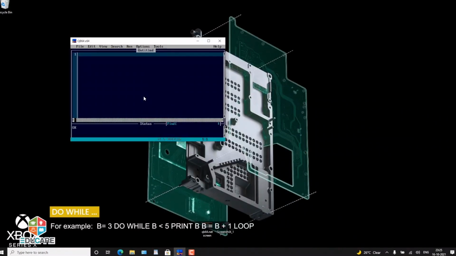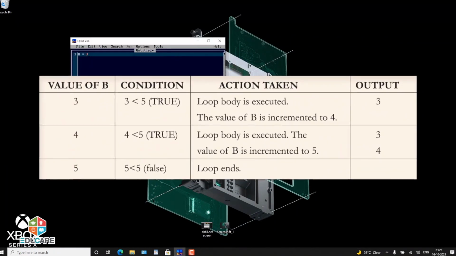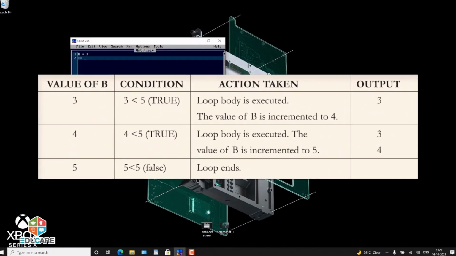For example, b = 3, do while b < 5, print b, b = b + 1, loop. Value of b, condition, action taken, output. 3 < 5, true. Loop body is executed.